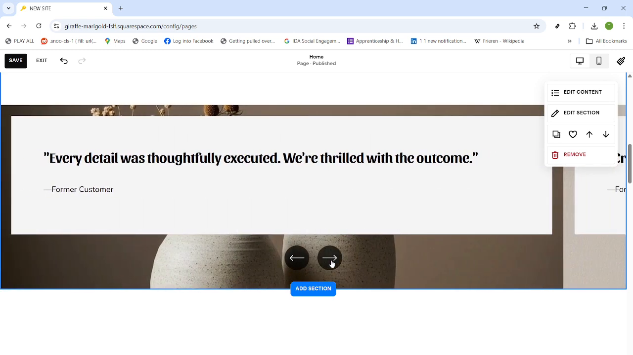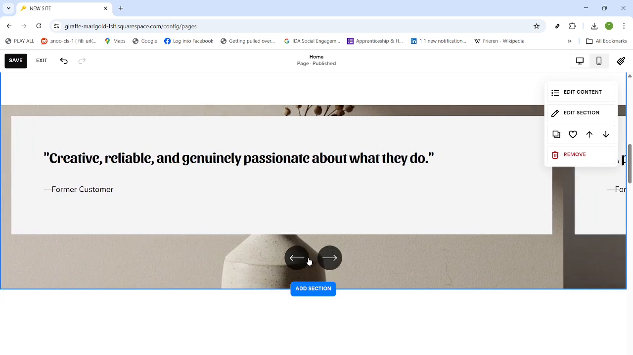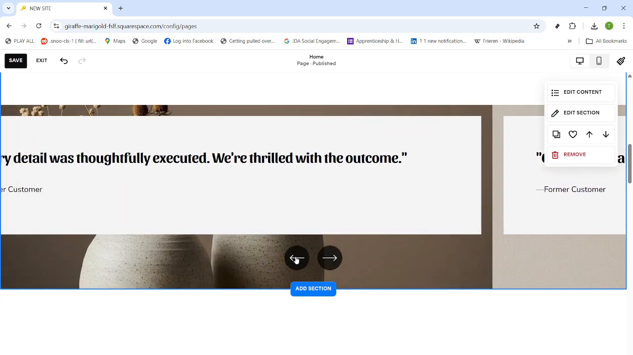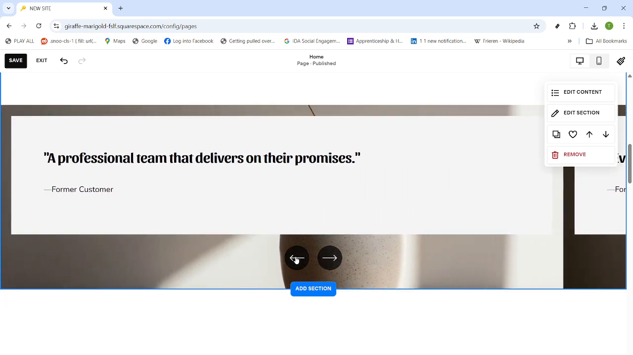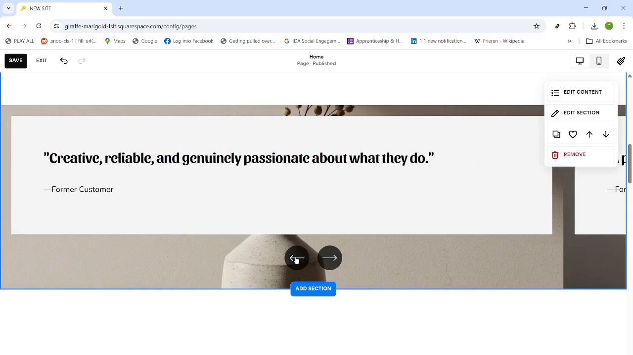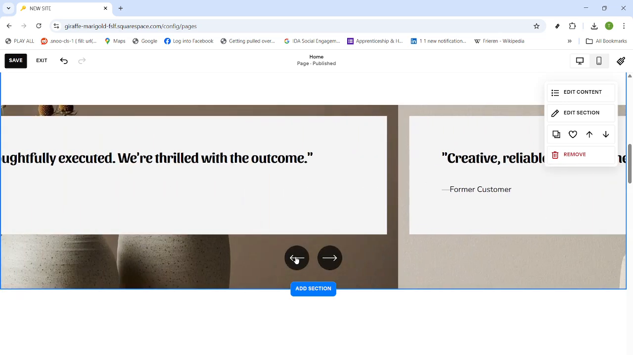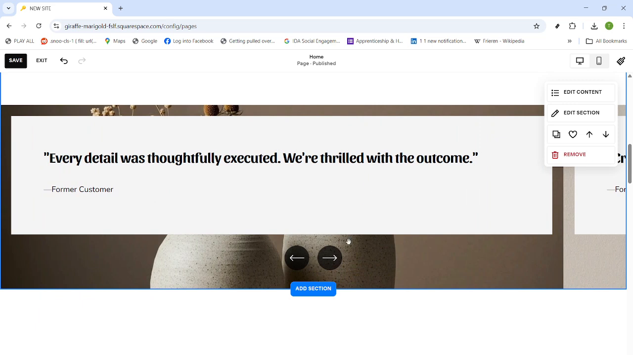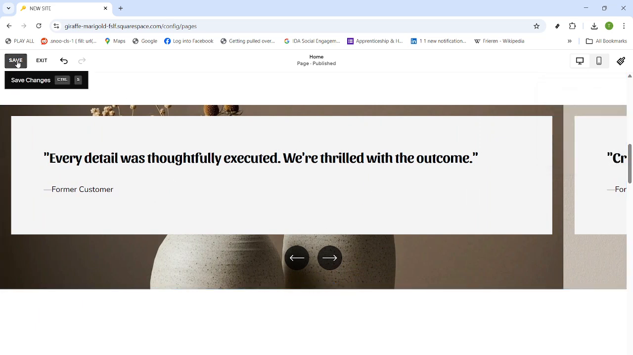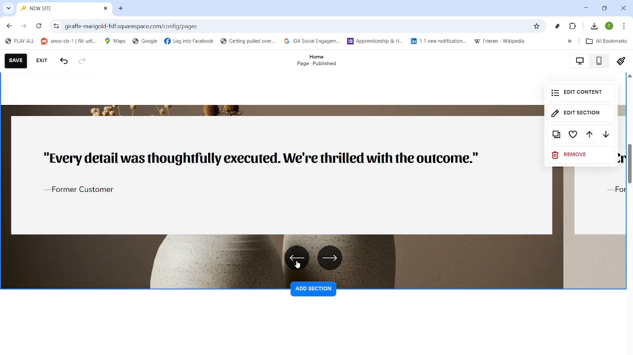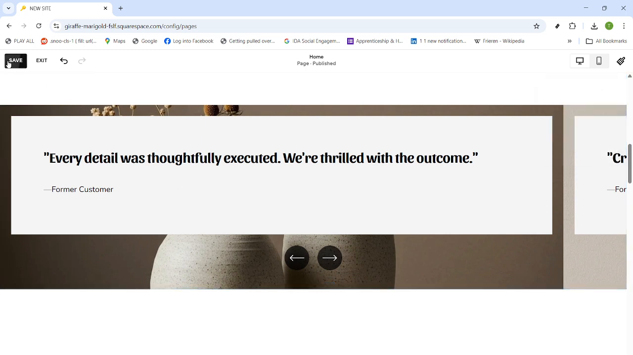A few quick best practices as you wrap up. Use images with consistent aspect ratios so the slideshow doesn't jump in height. Compress images to keep loading quick, and keep testimonial text short to avoid truncation. Always check the page on mobile to confirm the slides are easy to read and navigate. With that, your Squarespace slideshow is ready to showcase your products,